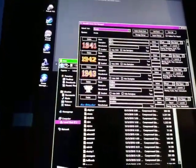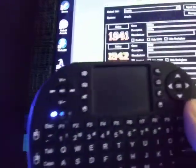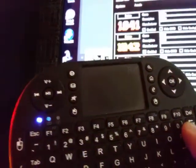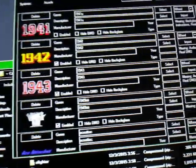Once you're on the desktop, you definitely want to select the Game Manager icon on the desktop. Let's go through that. It's kind of difficult to see, but it's called Game Manager right there. And then with the keyboard, remember I'm using the touch keyboard, I want to circle over it and then either tap the pad or press the left mouse button, which is right there. So I'll go ahead and do that, and then it shows up with this